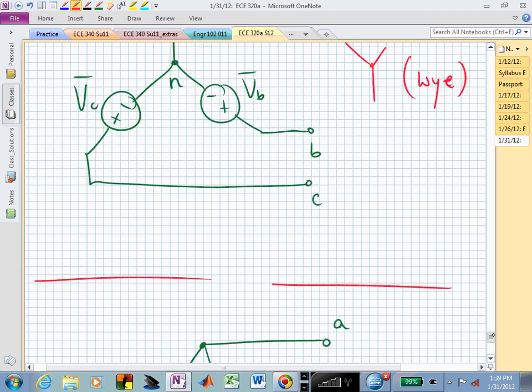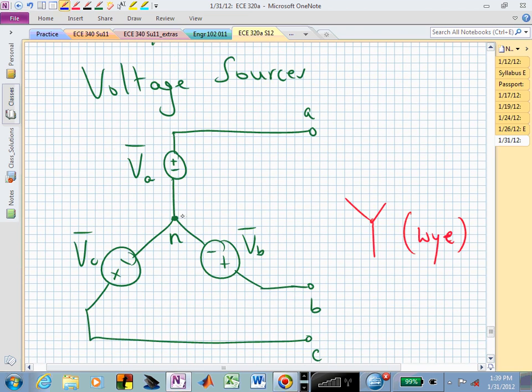And if we actually put a neutral conductor in there, and that's N, can you see that the voltage across A to N is not the same as A to B? We're going to start using a lot of different terminology. We're going to talk about line voltage. And when we talk about line voltages, what I'm really saying is line to line voltage. Meaning,